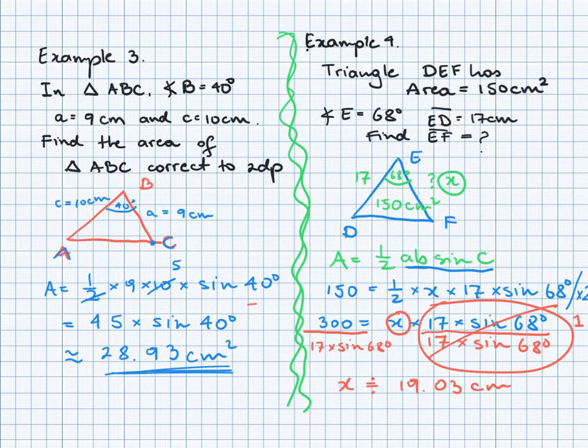Please note that this sign here is another way of saying approximately, and this one here also means approximation. So for this question, the unknown side is calculated, and x is equal to approximately